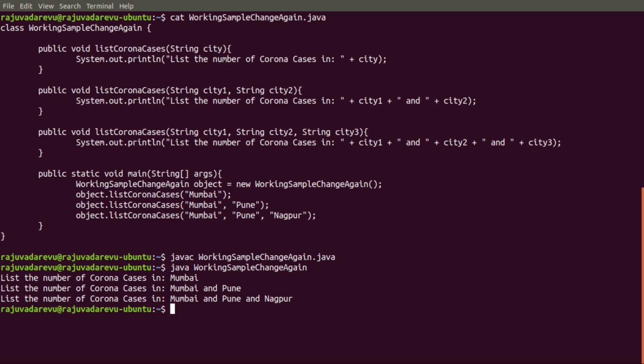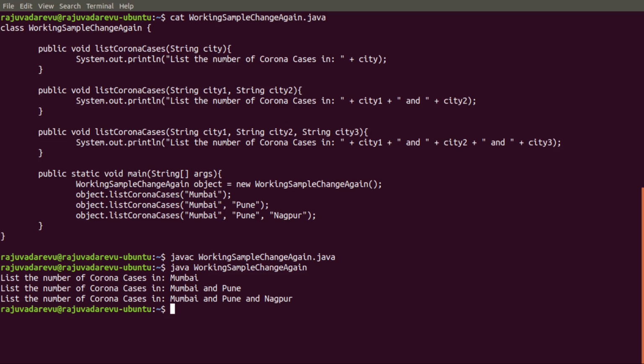So you thought this is not good. This is not a smart solution. Whatever solution you have provided, it's not smart. It should be dynamic, but the current solution is not a dynamic solution. According to the user preference, whatever cities the user sends to your solution should be automatically detected and it should provide the details of corona cases of all those cities. But this is not how your current solution is working.